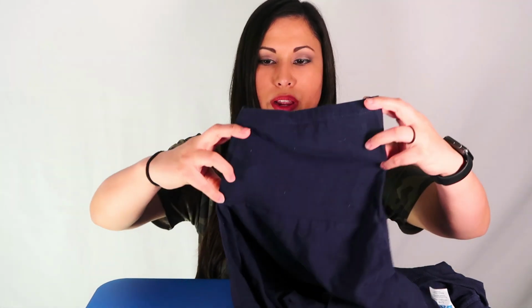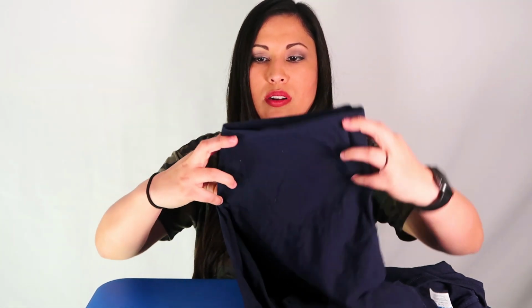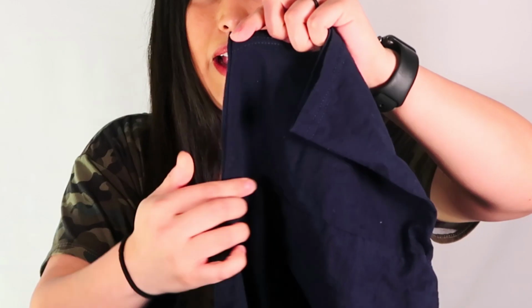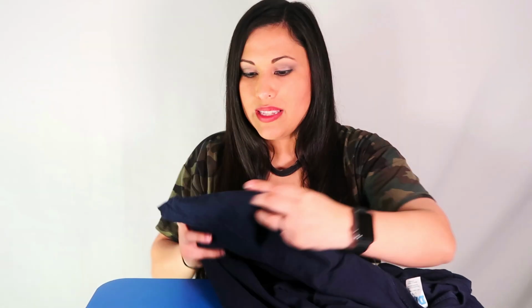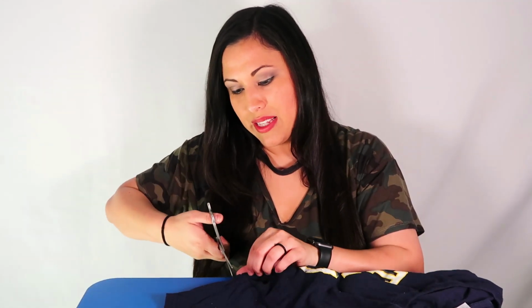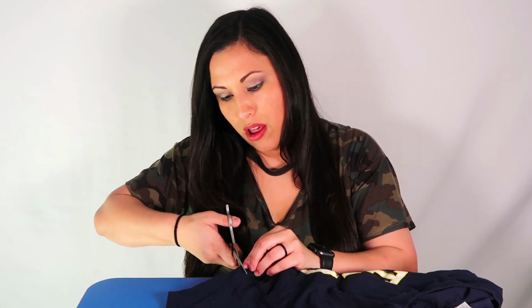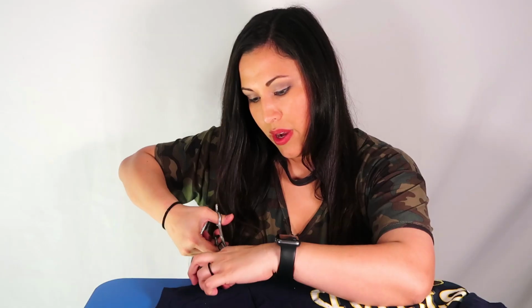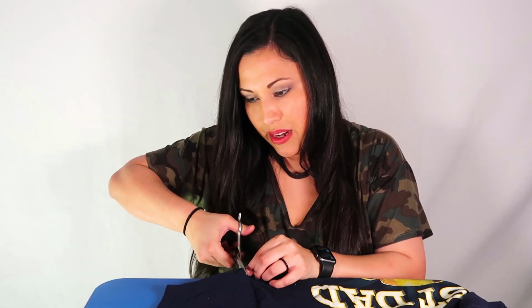Okay, so here we go. Basically I want to take the armpit length and cut all the way across. It doesn't have to be perfect. If you are a perfectionist, you might want to iron it to make sure that it's symmetrical. But I'm telling you guys, it does not have to be perfect at all. I'm cutting it freehand. Here it is. And I'm just gonna cut it all the way across as straight as I can get it